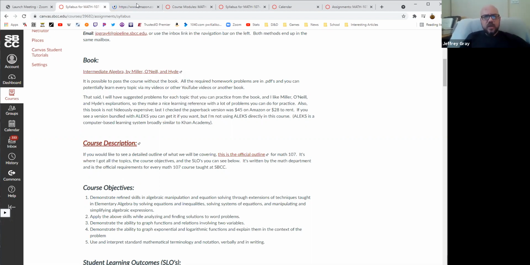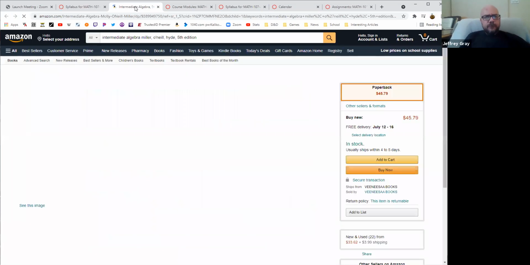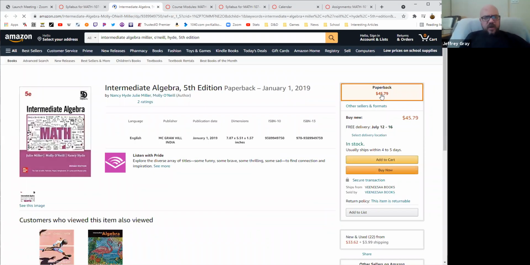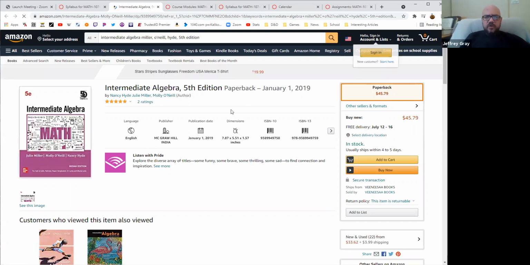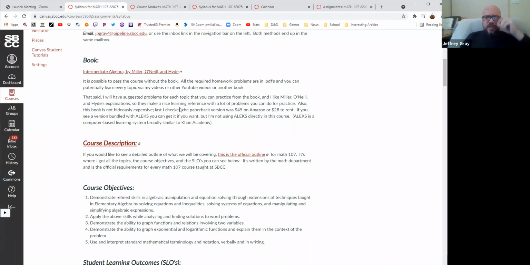Let's see what it looks like. Yeah, $45.79 if you want the paperback version from Amazon. Perfectly good book. I'm happy. I like Miller, O'Neill, and Hyde. They've made a lot of other books, and they're generally pretty good. However, I will say this: you don't really need the book to pass the class, or at least you don't necessarily need this book.